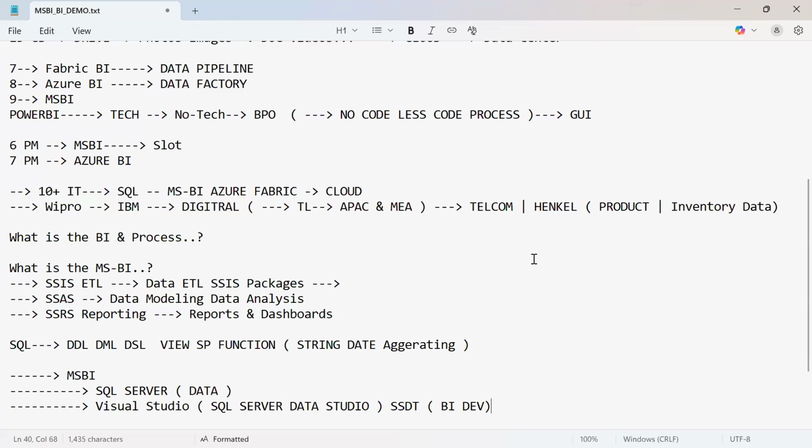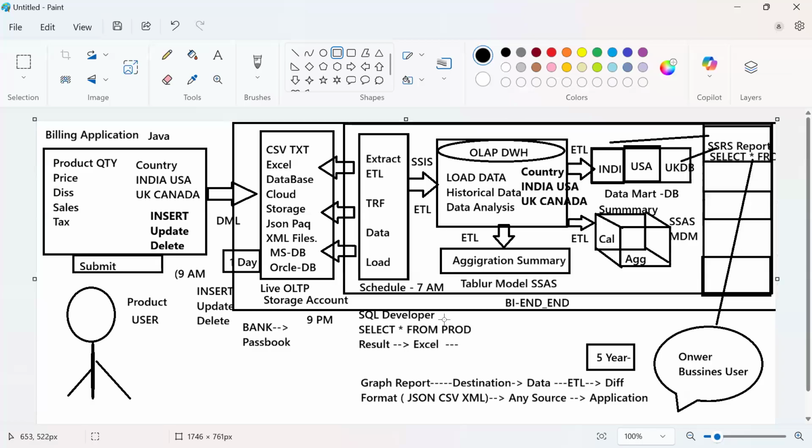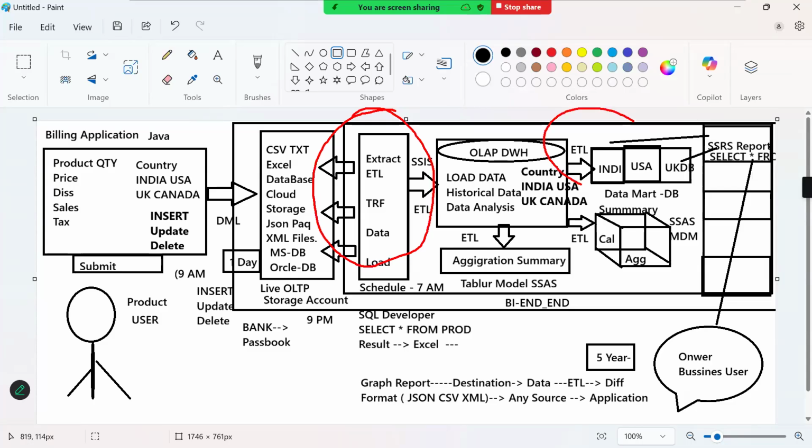So I hope you at least understand what exactly your work is in the company. I'll show you how you are going to get requirements. You are not only going to work on this profile, guys. Remember one more point: you are not only going to work on these three modules.